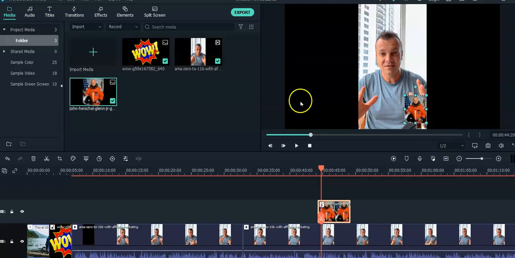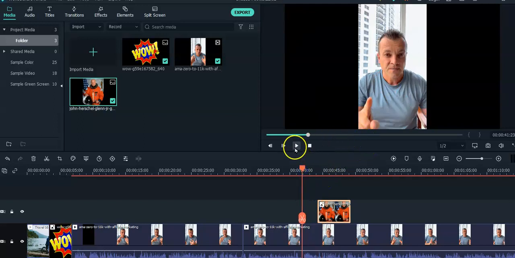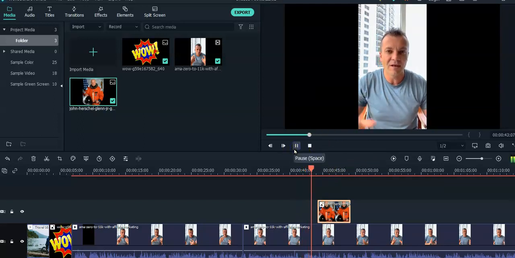So instead of having it take up the entire screen, you could have it just take up part of the screen. So when you play it,